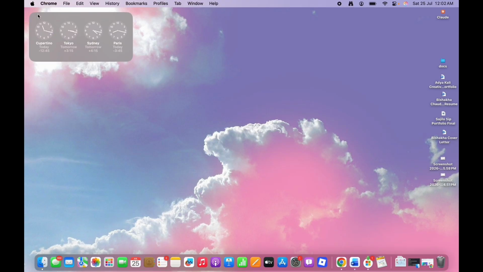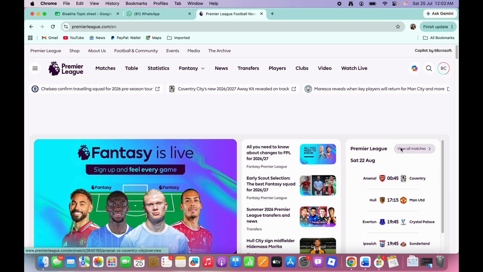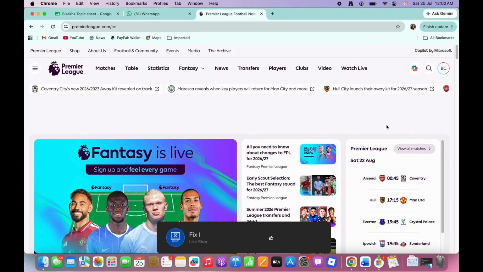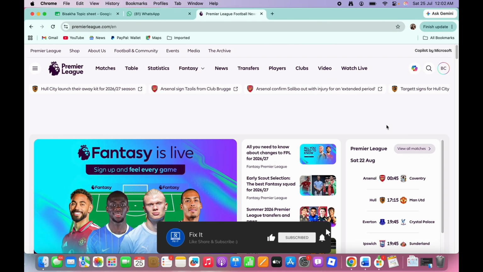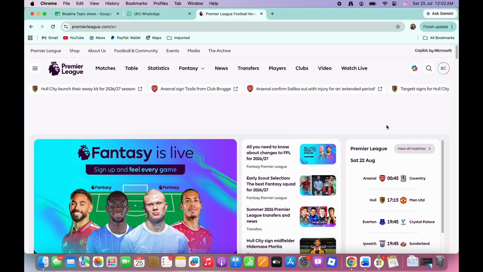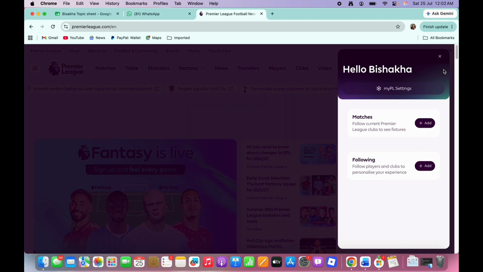Now let's get right into the tutorial. Firstly, go ahead and open your preferred browser and now in the search bar, search for fantasy.premierleague.com. Now, once you are in your Fantasy Premier League page, make sure that you are signed in with the account that you want to delete, and then tap on your profile icon on the top right of your screen,